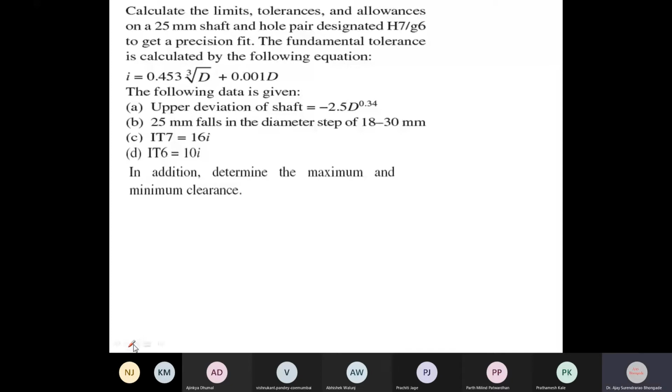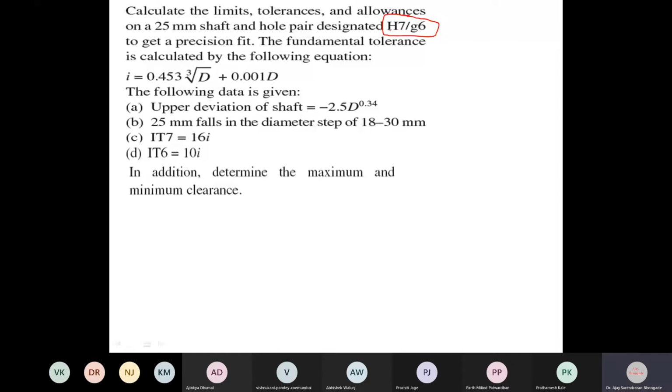Okay, let us start. We are talking about the numerical based on tolerances, and we are discussing how to specify and how to interpret the specification given by H7 and G6. Earlier also we have seen certain other examples. Okay, so let us go back to the